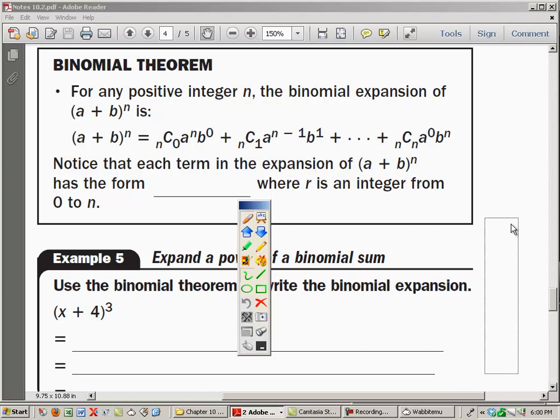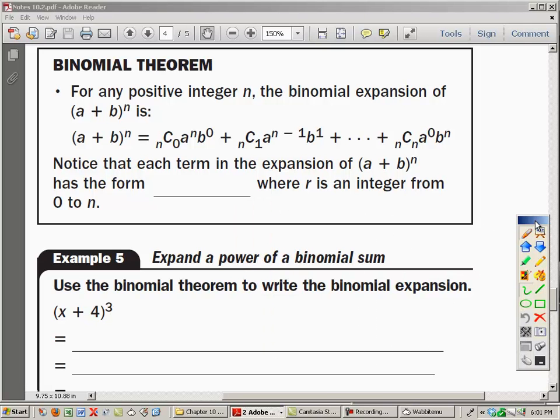This is the part from the first lesson, where I said, listen, let's not worry about this right now. This is a really cumbersome idea, but really it's not too bad. What we do is we take the coefficients from Pascal's triangle, and so if I want to do (a plus b) to the n power, so this is (x plus 3) to the 7th, (x plus 5) to the 4th,